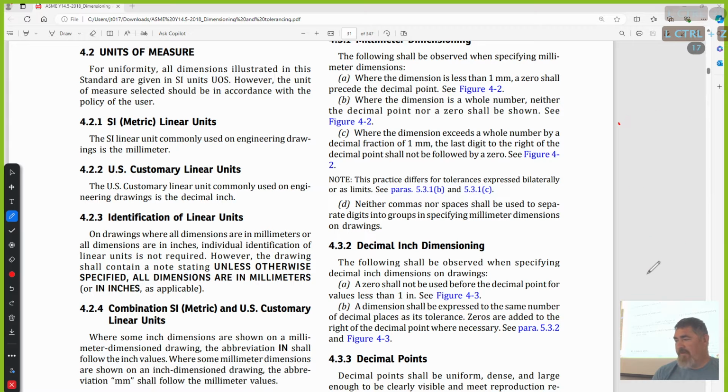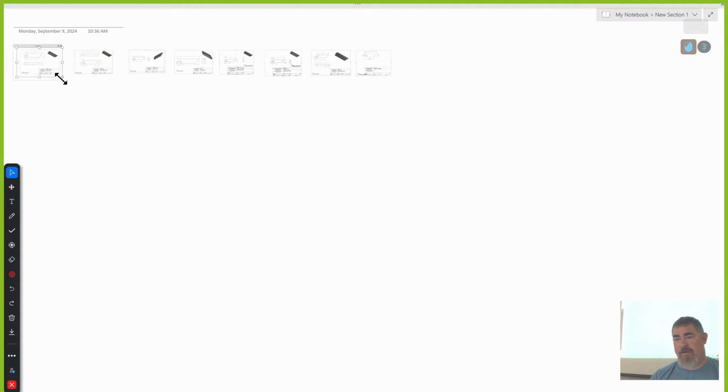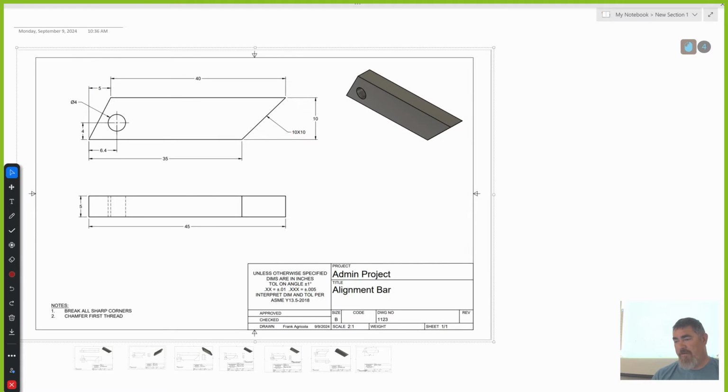There's also one thing here. So there's questions asked us, how do you know what units the drawing are? We look at someone's title block. What is one of the things we put in on our title block? Right here, dimensions are in inches, right? We added that into our title block when we made it. And so in the standard,